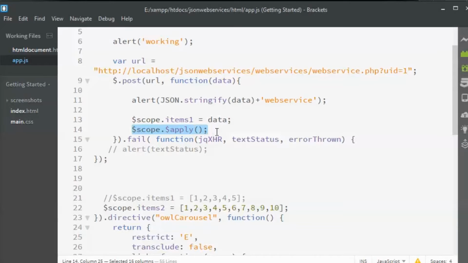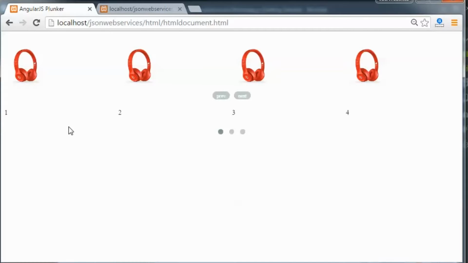This line is really necessary for that to happen. Otherwise, the model and the HTML part won't be refreshed, the page won't load, and you might think it's not working. That is why it's necessary.